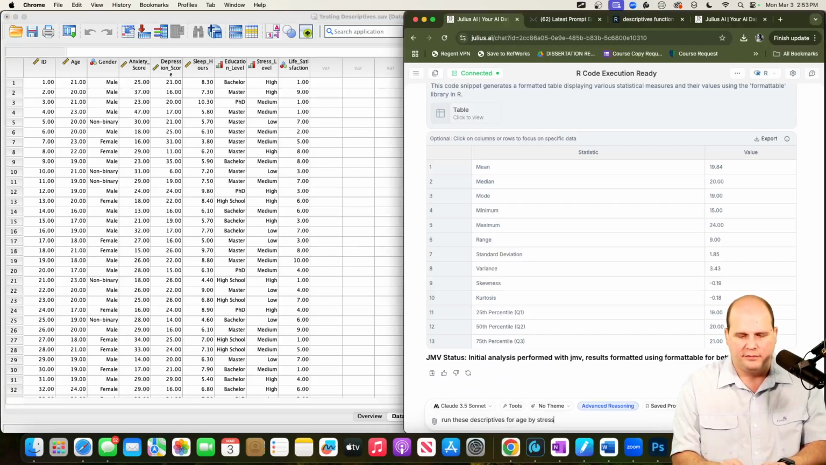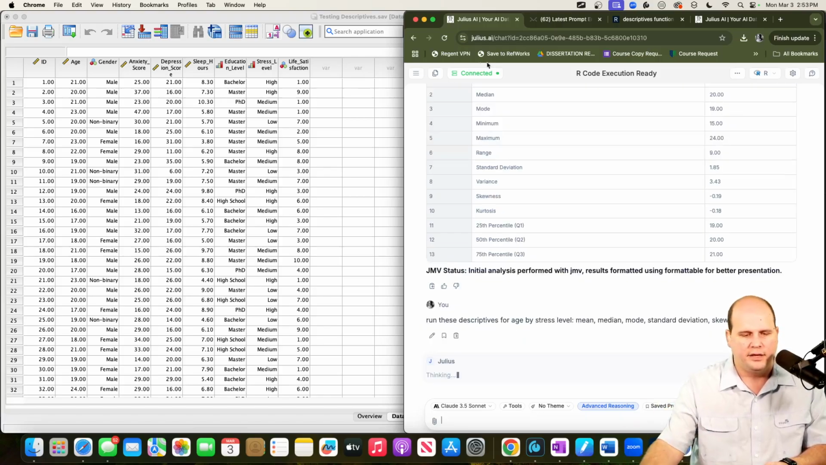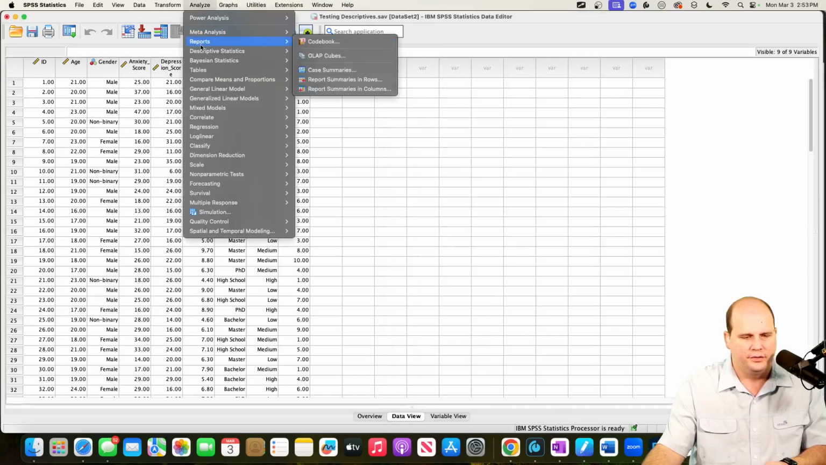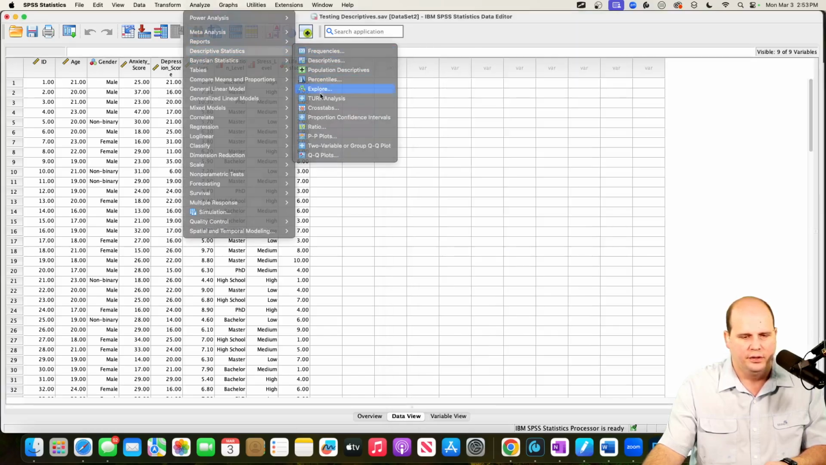For age by stress level, we'll just do the same thing: mean, median, mode. We don't need some of these others. Let's say standard deviation and skew. We don't have to do all of it. And so we'll run that, and I'll go over here and do Analyze, Descriptive Statistics, and Explore, and I'll